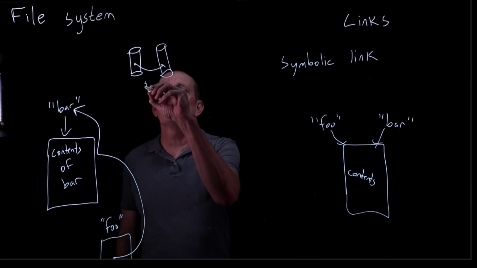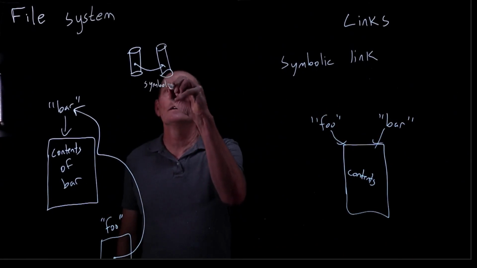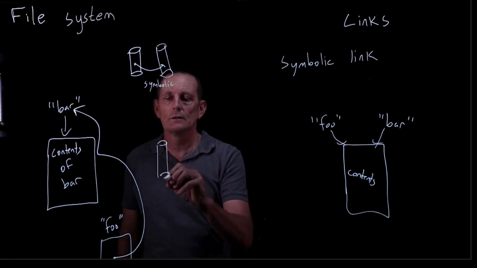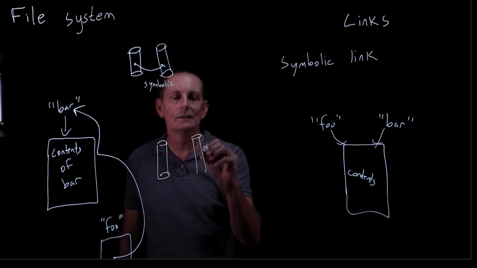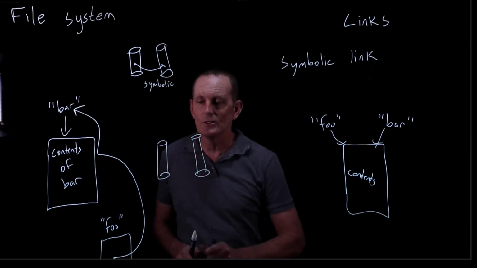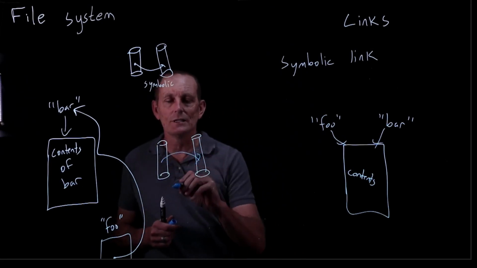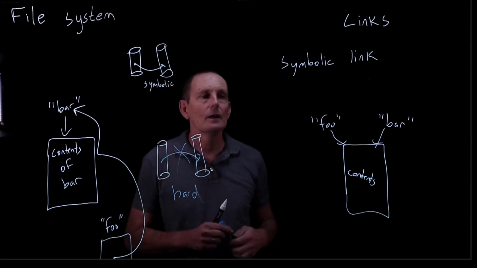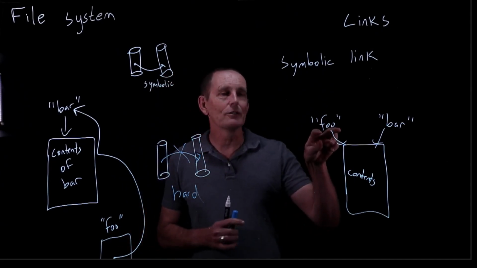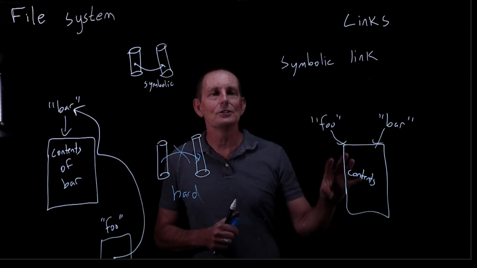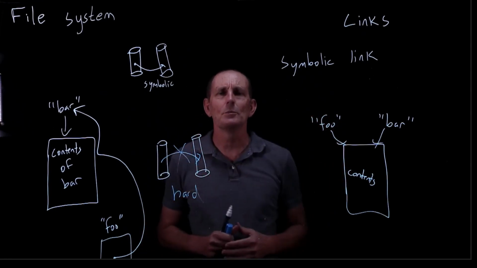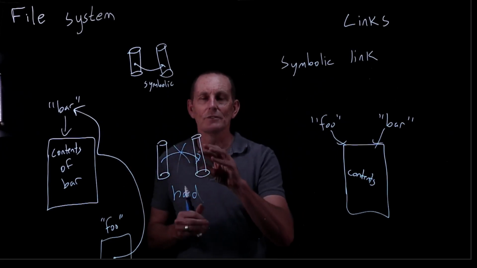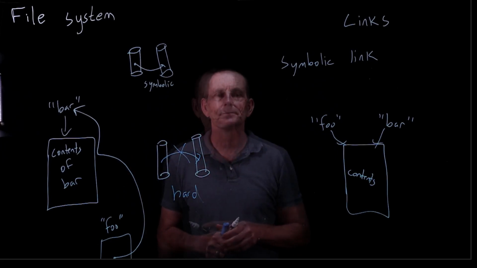One thing to note is that although a symbolic link can cross volume boundaries, a hard link cannot. So we cannot do this with a hard link. Okay? Because of the fact that we have to have this sort of reference from name to content, and that only works within a particular file system, not across file systems. And that's what this really is, multiple file systems on different volumes.